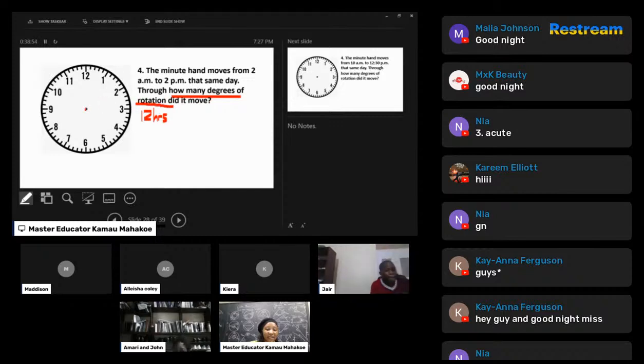So it's rotating about the axis here. The two hands are fixed on this axis, and they move. So we're focusing on the minute hand. At 2 a.m. it's on the 12. It makes one complete rotation, another one, 12 rotations. How many degrees would that cover? Great. Okay. How many degrees are covered in one rotation?